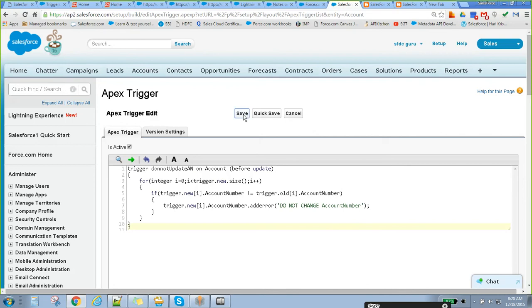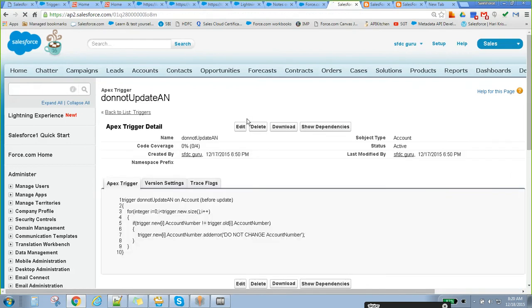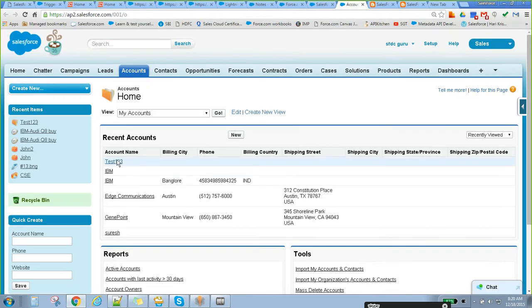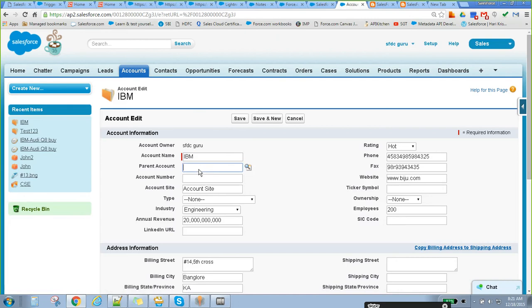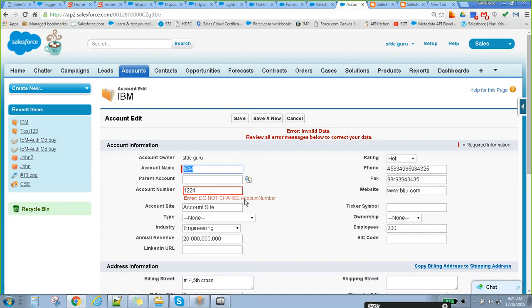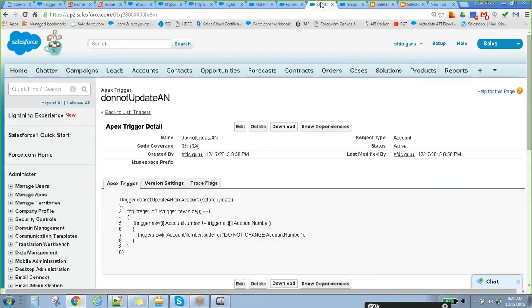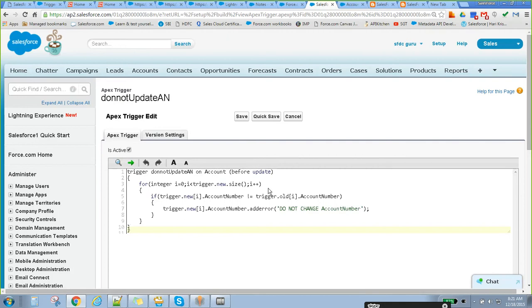Now, if you try to change the account number, it will throw an error. But if there was no account number before, it will also throw an error, because it was blank before. So for that we can add a check: trigger dot old account number is not equal to null.